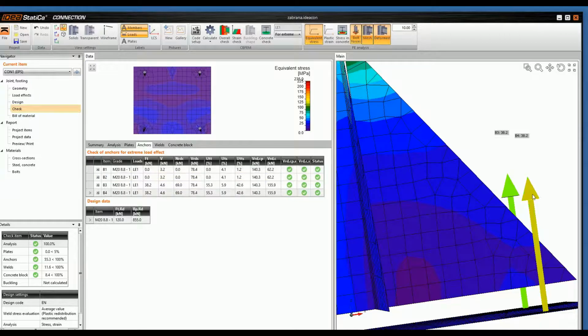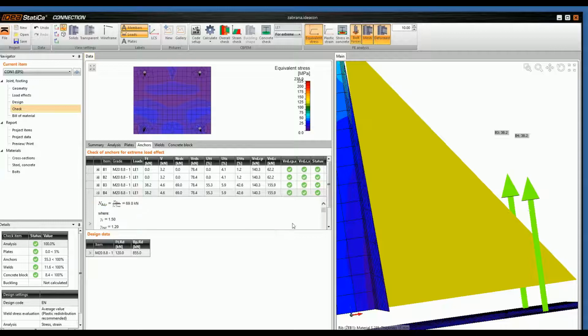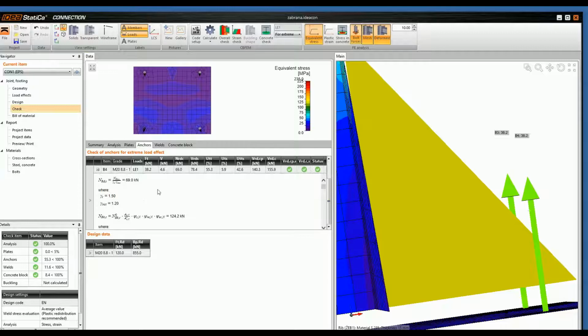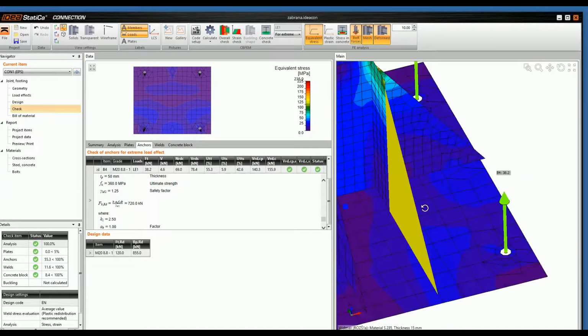So just to be sure, if I click on the bolt, I can open all the formulas from the code we have chosen. In our case, it was Eurocode, so you can see that the anchors are checked according to Eurocode. You can see all the formulas with the values here, and also in the end, the utilization in shear and interaction of tension and shear. Okay, so